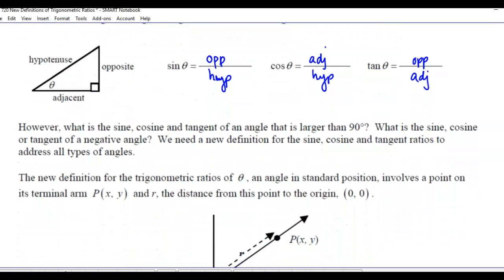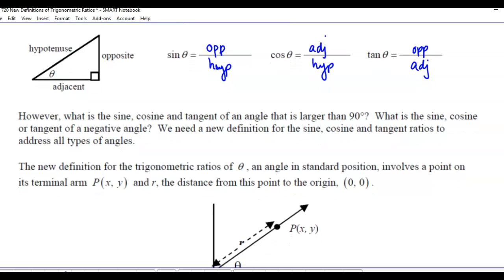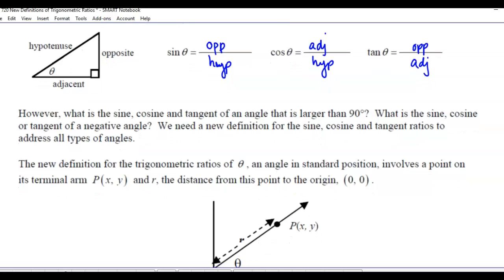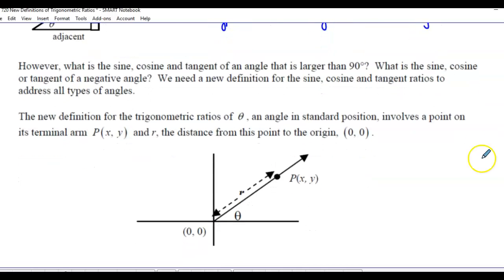So what is the sine, cosine, and tangent of an angle that's larger than 90? What about a negative angle? We need a new definition for the sine, cosine, and tangent ratios to address all types of angles, because you can keep rotating round and round, and we need to figure out what those ratios are. So a new definition for the trig ratio of theta, an angle in standard position, involves a point on its terminal arm, so point xy, and r,